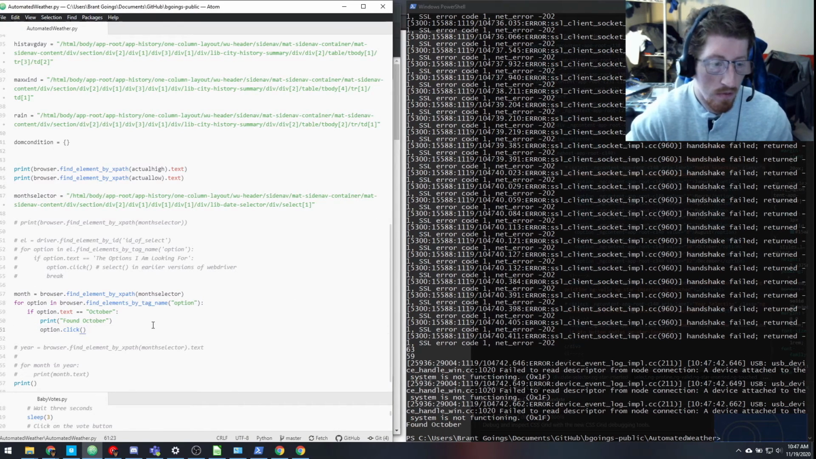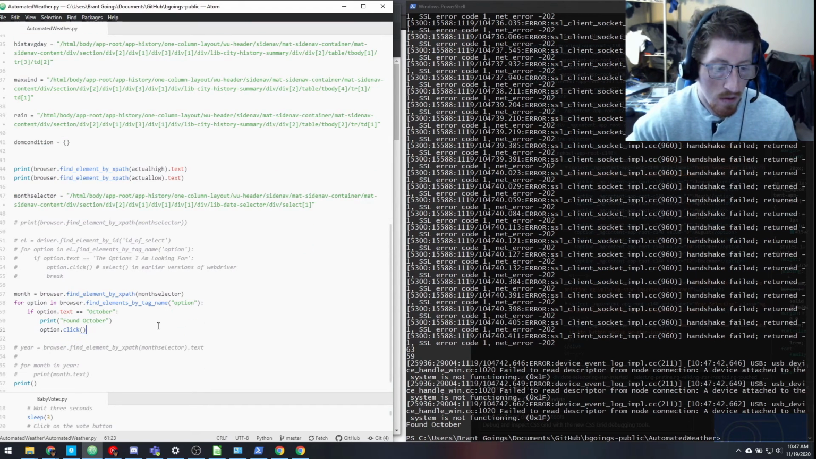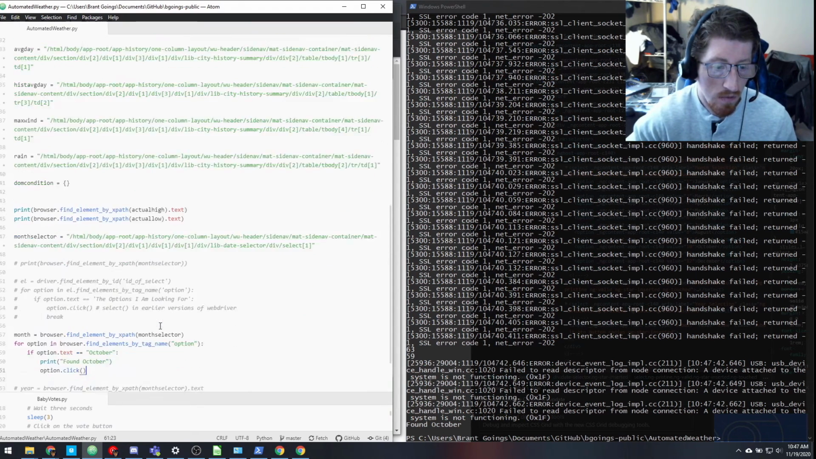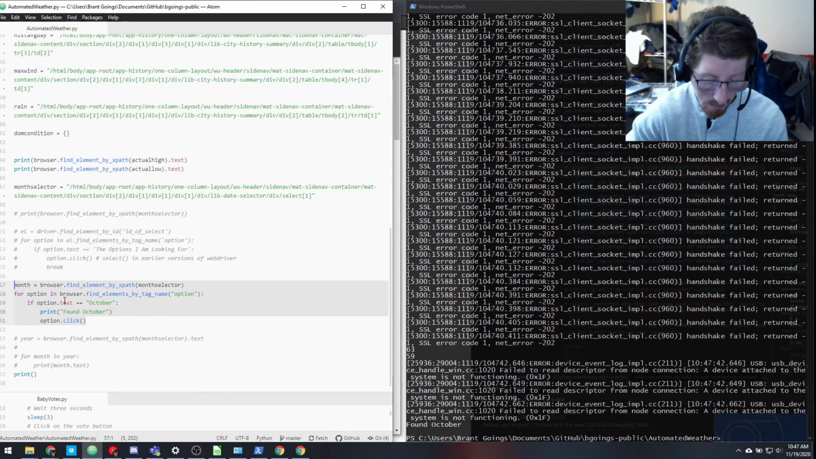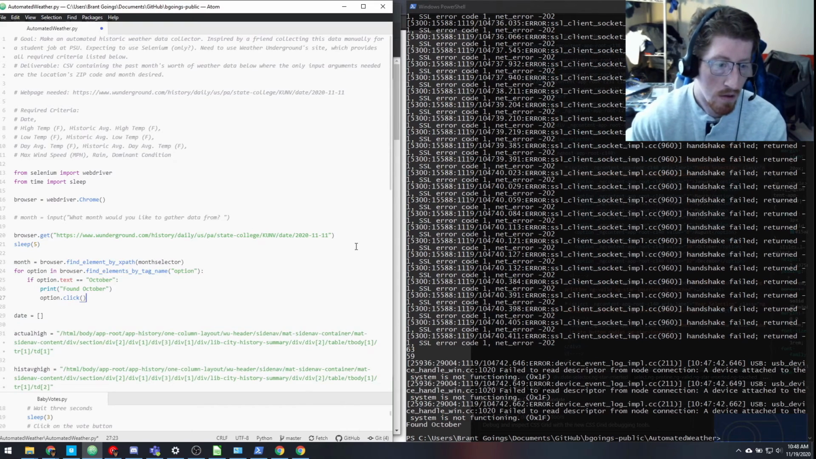Cool. That actually helps a lot here, because this will actually be used back in the beginning. So we're going to take this all the way up. I think I want it in this area. So we're going to take the input will come back. I think I'll leave this commented for now just for testing. But what month would you like to gather data from? So month is equal to